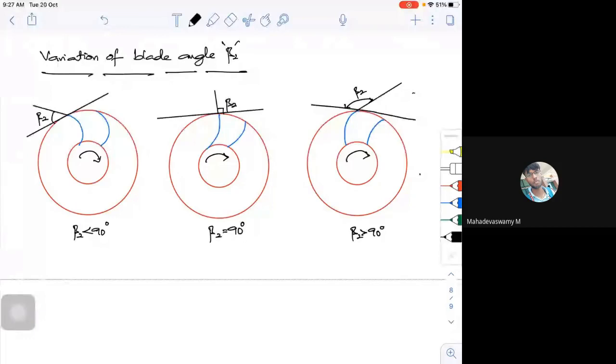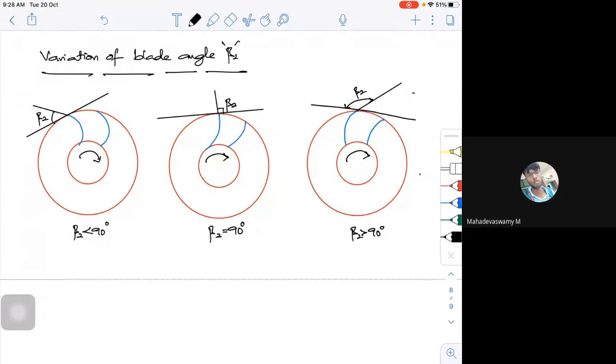So now, depending upon how you are going to twist your blade. These are something you see in compressors. You can clearly observe this particular thing in an impeller, whether it is the beta 2, that is the exit angle. It has an impact on your work. That's what we are going to prove from these expressions. So this is how the construction looks like. Beta 2 when it is less than 90, when beta 2 is exactly 90, when beta 2 is greater than 90. So for these three conditions, we have given the names.